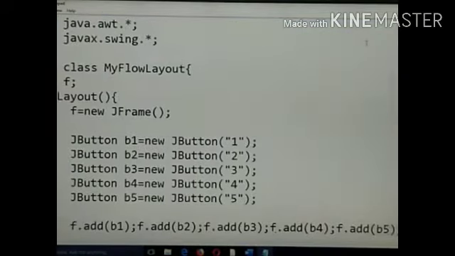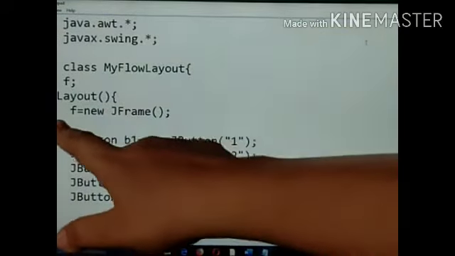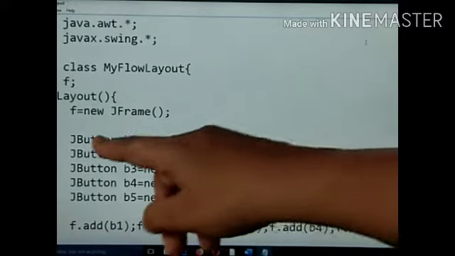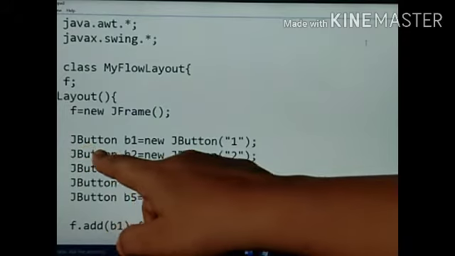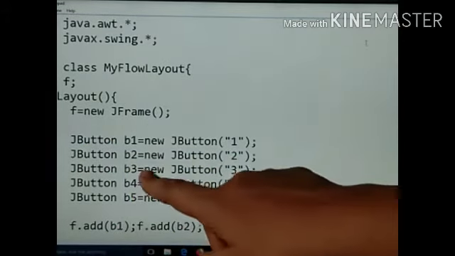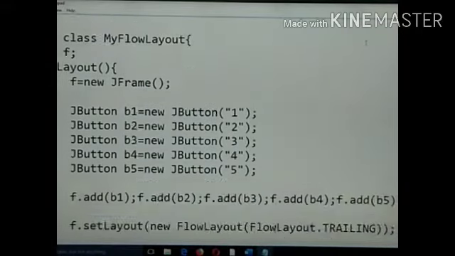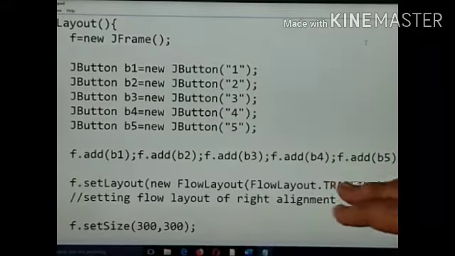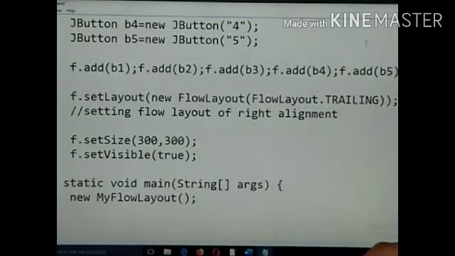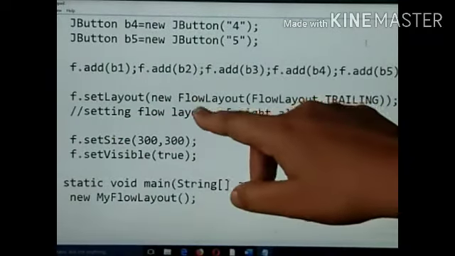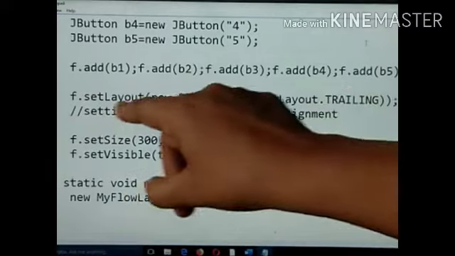So this is the program for my flow layout. This is a JFrame with a constructor, having introduced a frame, and then it has buttons B1, B2, B3, B4, B5. 5 buttons are arranged. So all these things are added to the frame, and the frame's layout is set in this method.